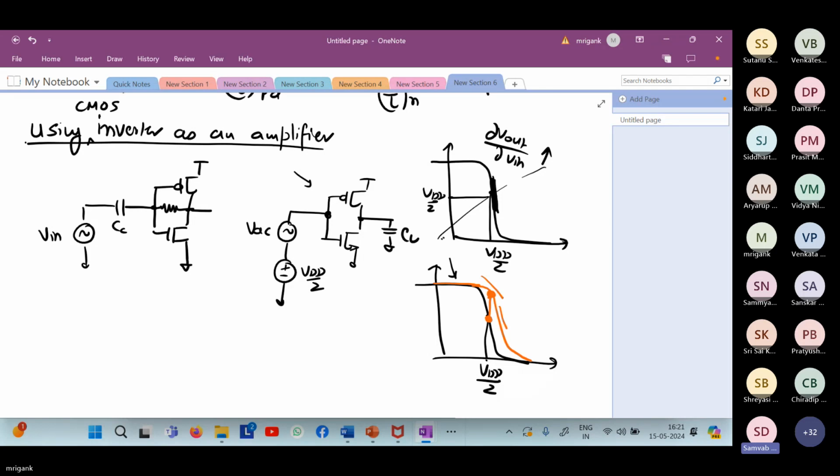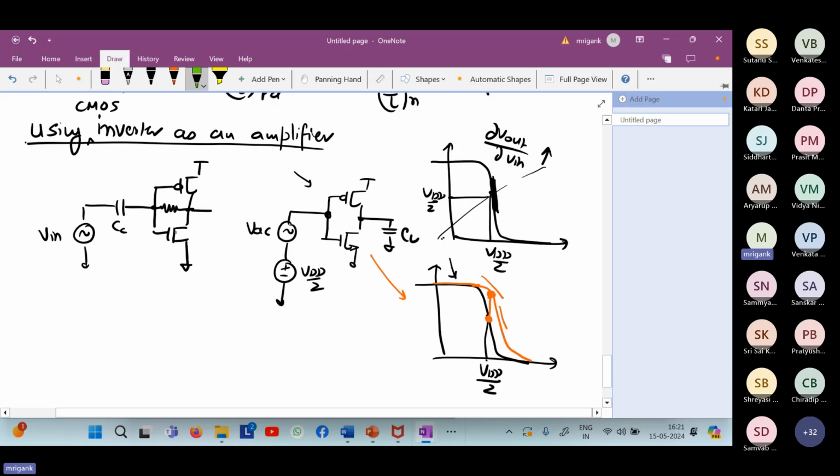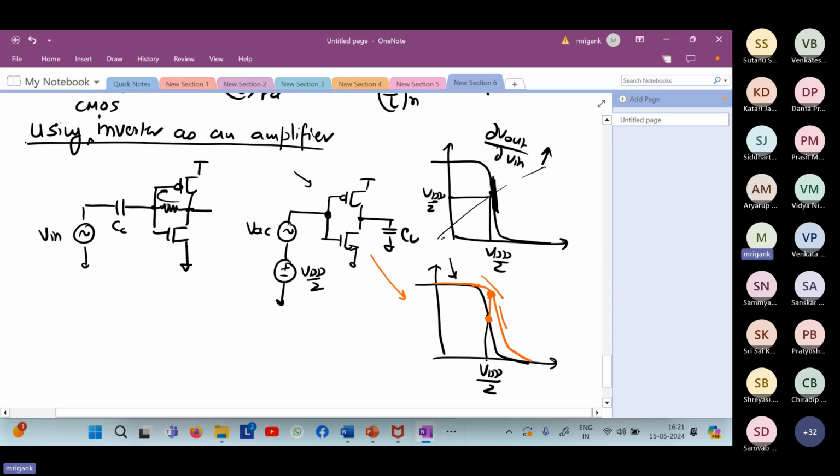Yes. So then what is the benefit of the first, like when we put an R, suppose the R value is large, in the first case, this problem is going to come here. But in this case, when you put the R and suppose the signal is AC coupled, there is no DC current, right? So in this case, there is no DC current into the gates. So IG is 0 for both PMOS and NMOS, right?